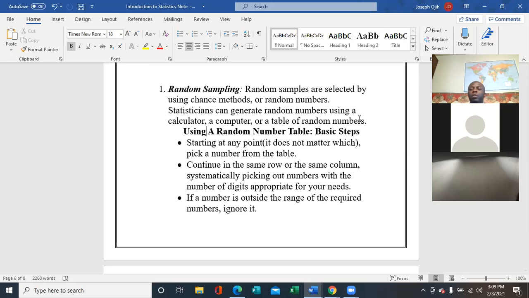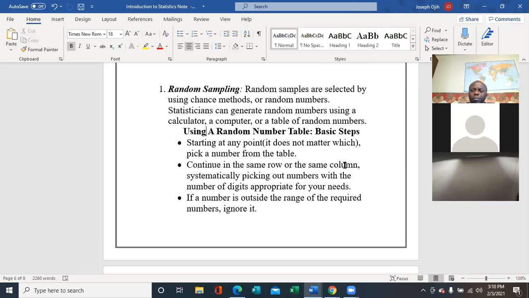That means the sample will be unbiased, which means that every member of the population will have an equal chance of being selected. That's the good thing about the random sampling method. The result you get from the sampling will be unbiased. It will be a true representation of what you can see in the population.